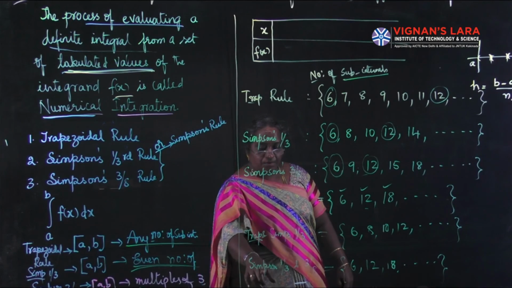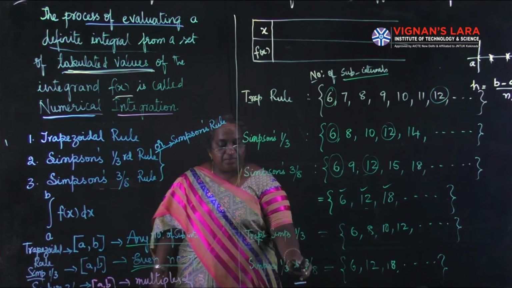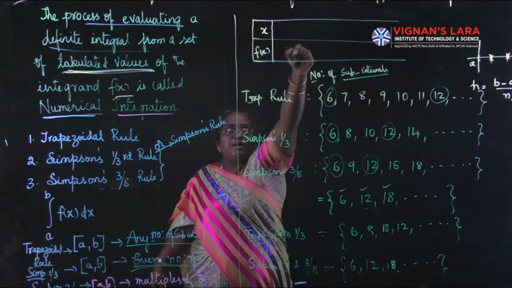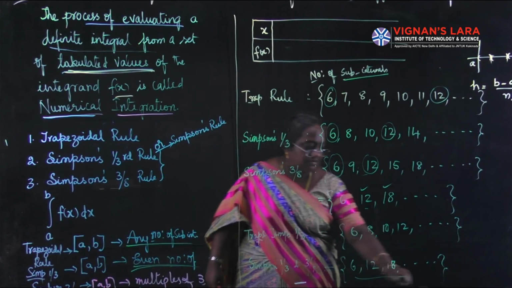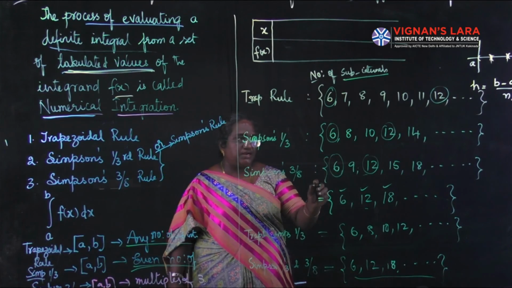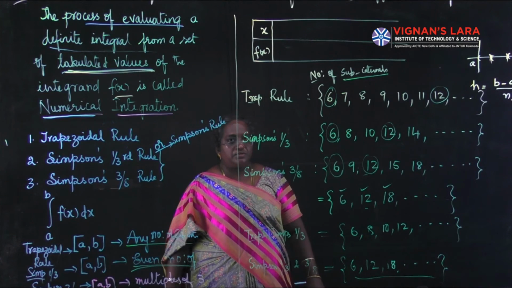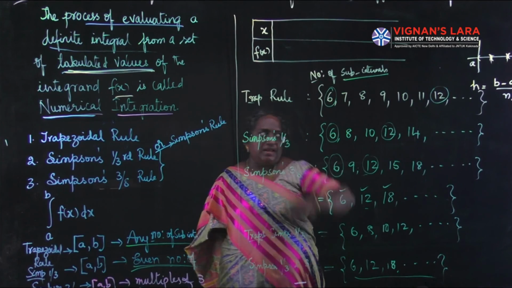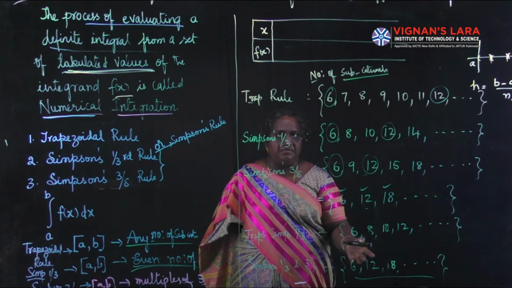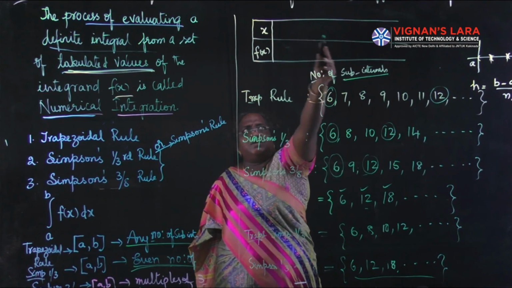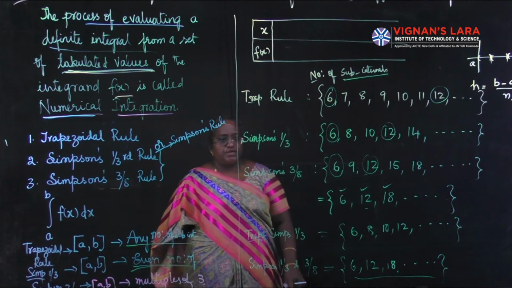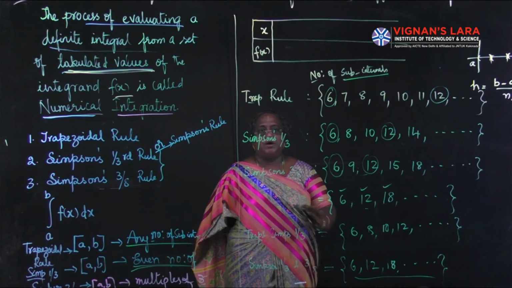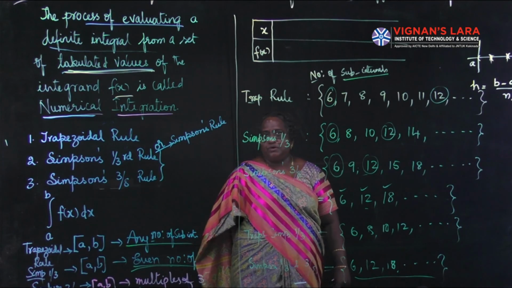So if you want to apply Simpson's 1/3 and 3/8 at a time to evaluate this integral, making tabular values, these are the intervals which you have to take. First you have to decide how many subintervals you are going to take. Then you will get the tabular values: x0, x1, x2, and so on up to xn, and correspondingly y1, y2, y3, and so on up to yn. This is how you have to apply the respective formulae.